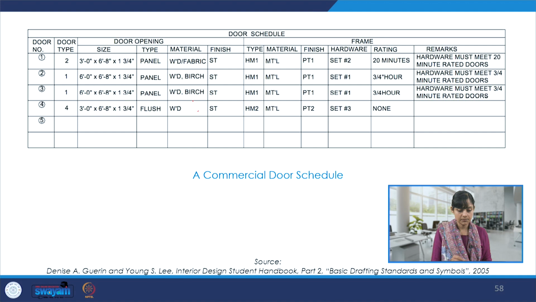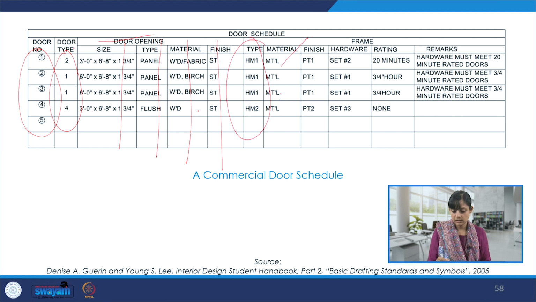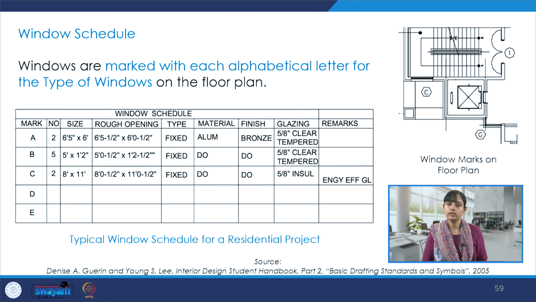This is another example. So, the numbering and marking, and then type of the door, quantity of the door, and then the door opening, what is the size, what is the type, which material, what is the finish, then what material, what is the frame like. So we can break the door also, in terms of opening, frame, jamb, hardware, other details, and we can put some remarks also. So like this is for the hardware. So these kinds of schedules are very, very handy for site.